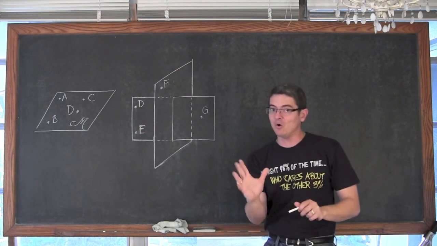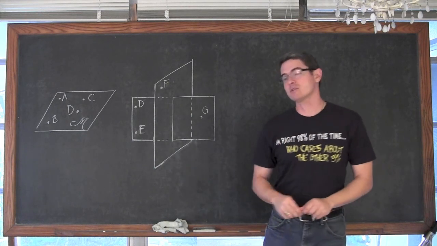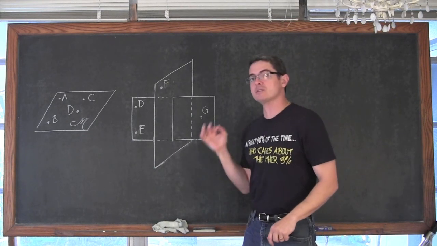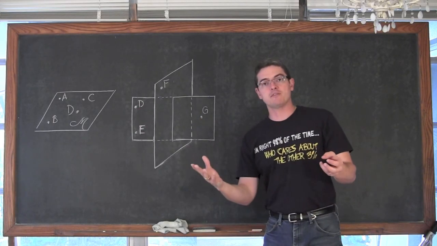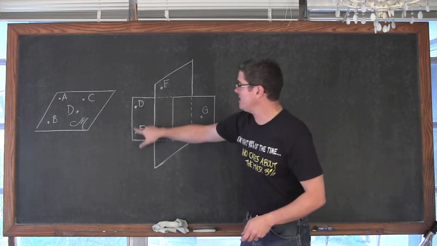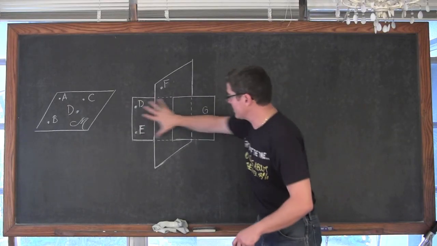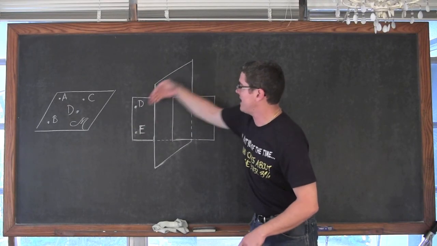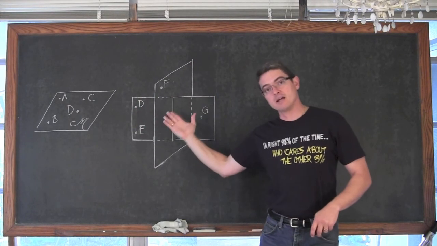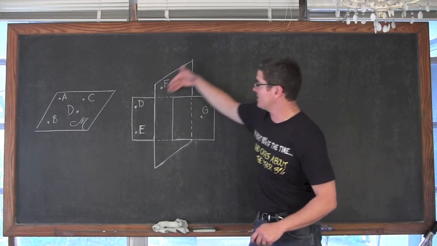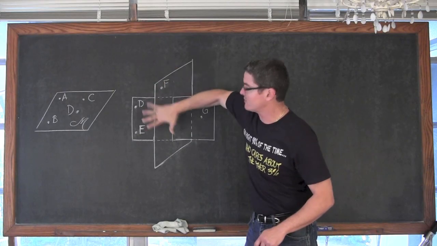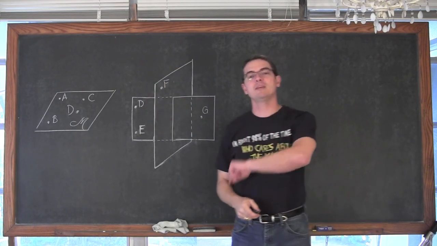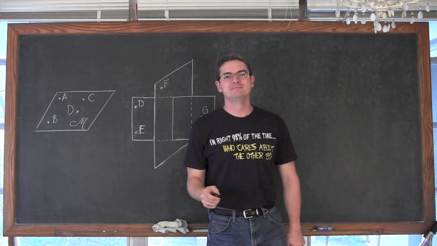So now I have 4 points that are not coplanar. I've got 3 points that are in the same plane, and 3 points define a plane, so that's always the case. We have D, E, and G. Those are in this plane right here, and point F is in this diagram not in the same plane. It's on this other plane coming in front, and it's actually out here in space in front of the chalkboard. Now, getting back to the rest of our video.